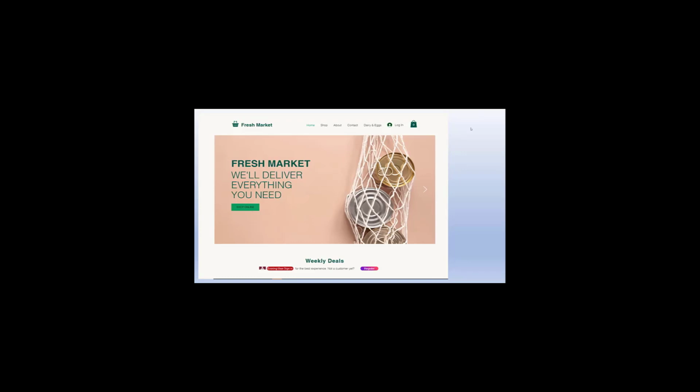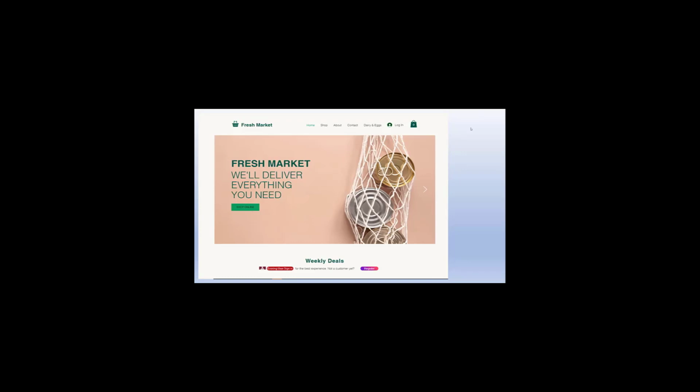If it is in the header section, what menu items should be provided to the left top of the website and to the right top of the website page? Where should the login module be placed? Do we need to have any basket logos next to the login page or next to the fresh market page? What are the color themes that are going to apply? What is the length and the width of the body that we are going to provide here? Do we need any drop down buttons? Do we need any arrow buttons? So all these different details will be described in this low level design document.